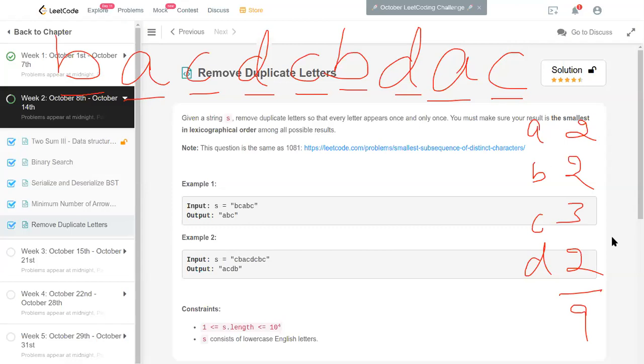So I'll start from the beginning, and if I haven't picked that particular character so far, I'm going to pick it, right? So I'll use some kind of relativeness here to see which one is greater and lower. So initially I'm going to take B because B is not in my answer. Then when I get A, if there is a possibility of getting B later, so AB is better than BA, right? Because that is going to be lesser. So that's why I'm going to cancel this one because there is one more occurrence of B. I can use that, and that's why I'm going to just remove this from my answer and then take A, right?